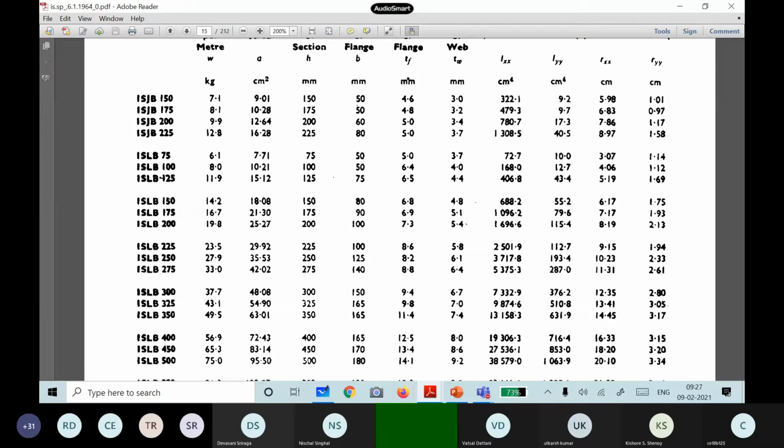Suppose it is a compression member. Now for a compression member, as already told you, you have to check the radius of gyration also. Area is one thing, sigma is equal to P by A, but apart from that, the slenderness ratio also has to be checked. So you use the radius of gyration, IXX, and then your length and other things will be given to you. Based on that, you have to search for that combination. Like that you select all these sections.